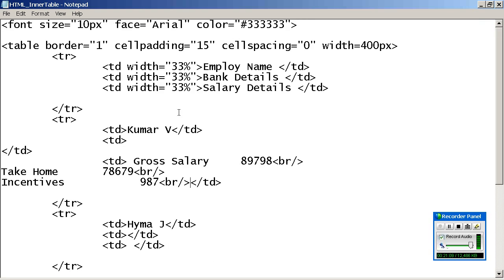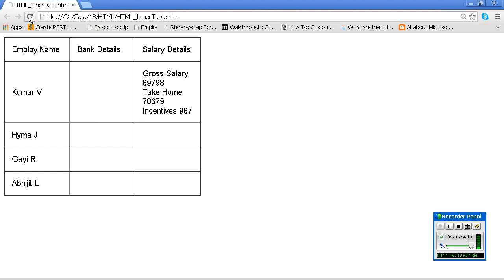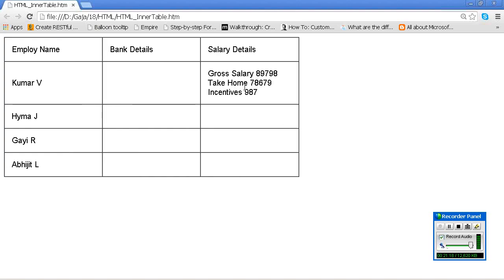Okay, for better readability I will just increase the width to 16. Now you can see, is it equal? Is it containing equalness in the data representation? No. Gross salary, you can see, is reduced. It is not in a proper structure. That is the disadvantage of not going for a table. Now if I do the same thing with a table, what will happen?